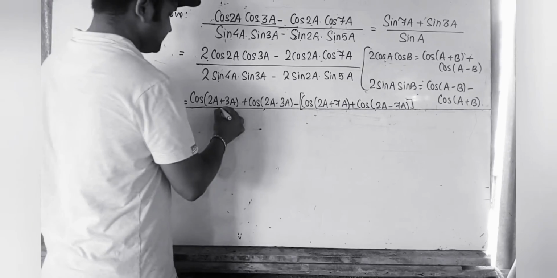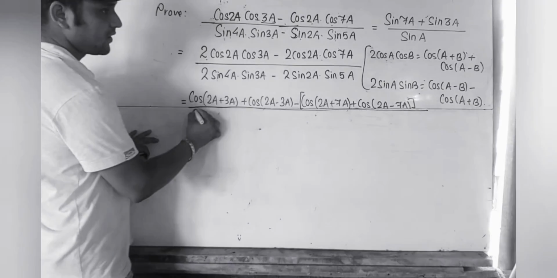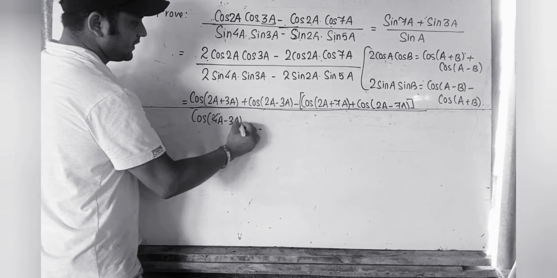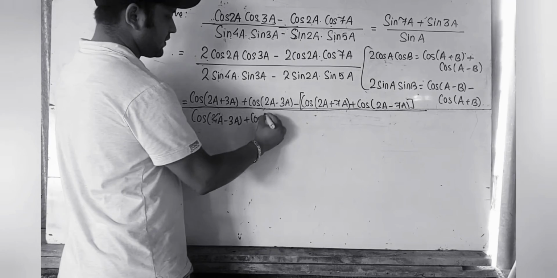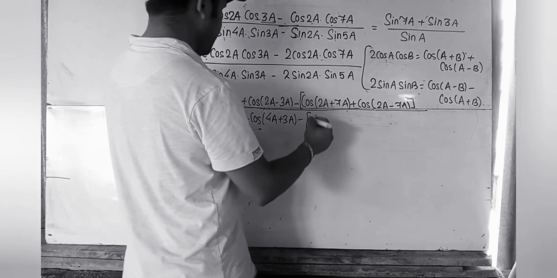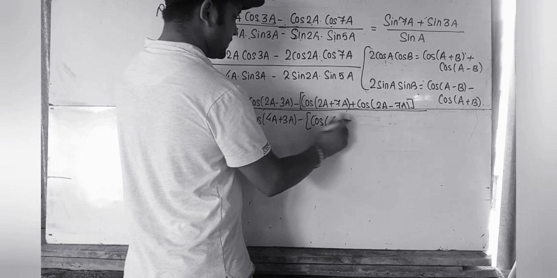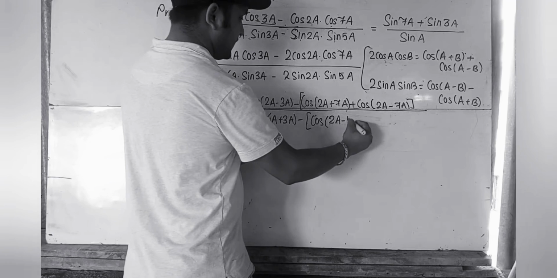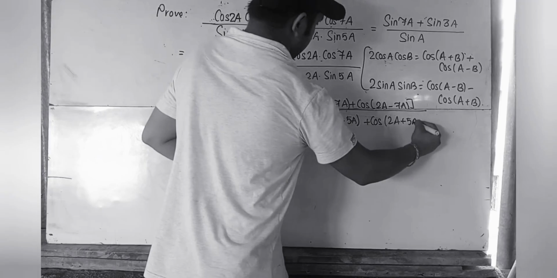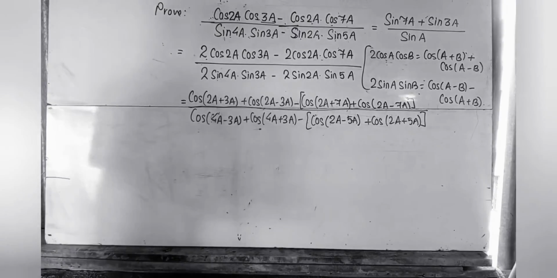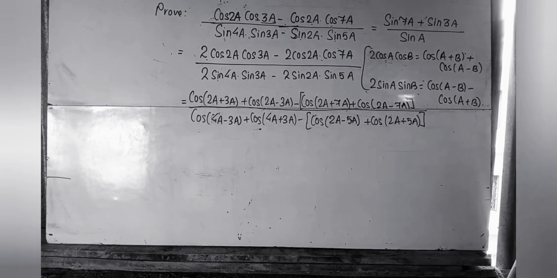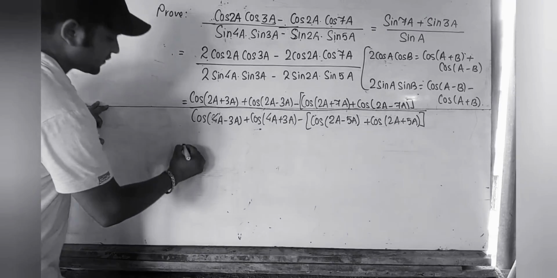The formula is cos(a minus b) plus cos(a plus b), minus 2 sin a sin b. We use the same formula, cos(a minus b) plus cos(a plus b). So we use the formula in the numerator, and we also use the formula in the denominator. In the numerator, we use the formula of 2 cos a cos b. In the denominator, we use the formula of 2 sin a sin b. Now let us sum it up.